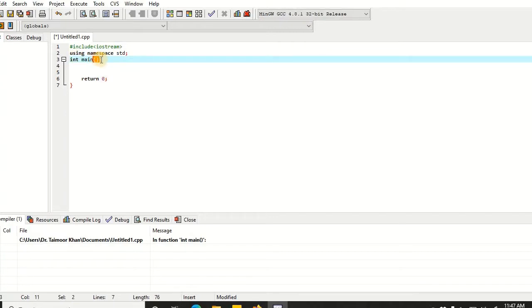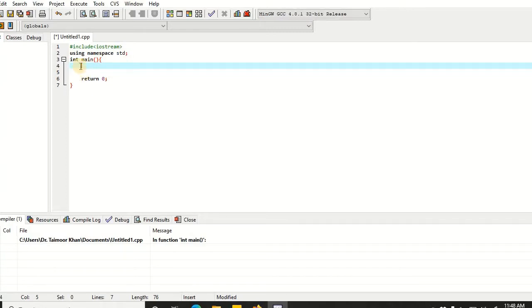ये parenthesis जो है it defines basically कि main जो है it's a method. अगर हम main के साथ ये ना लगाएं so main can also be confused for a variable क्योंकि हम variables भी इसी तरह से declare कर सकते हैं as you would see later in this video. And then these curly brackets define the body of this function. Whatever we do over here, whatever the statements that we have, they are being labeled over here as main. So when we call main, we mean to run all the instructions or statements that are in the body of this function. So few things that we need to do in order to have variables are